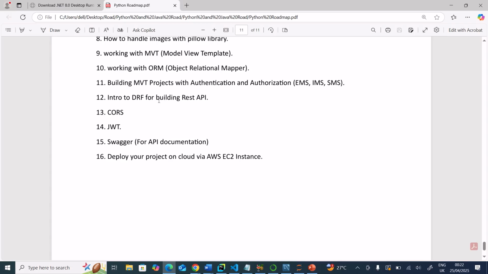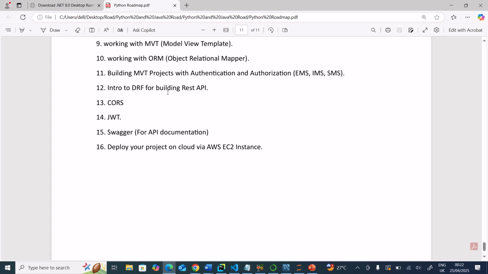Then we introduce Django REST framework for building REST APIs, cross-origin resource sharing, JWT, JavaScript Object Notation, Swagger for API documentation, then how to deploy your project on the cloud via an AWS EC2 instance.